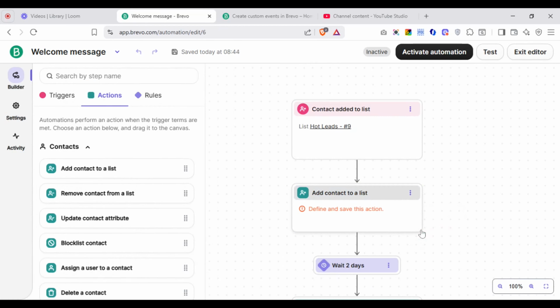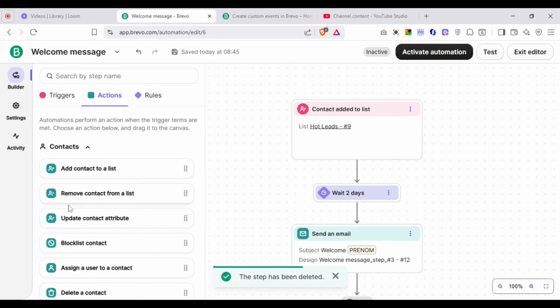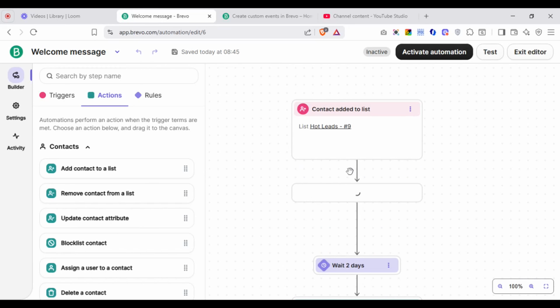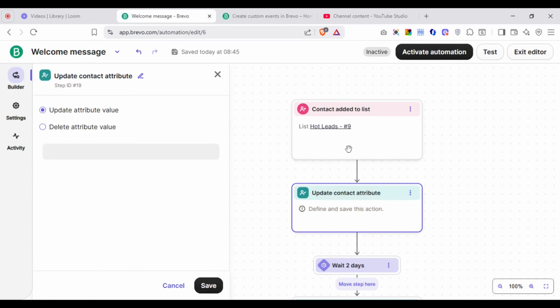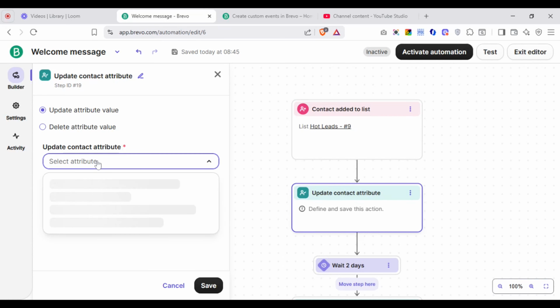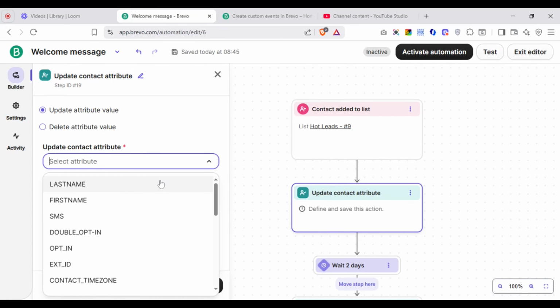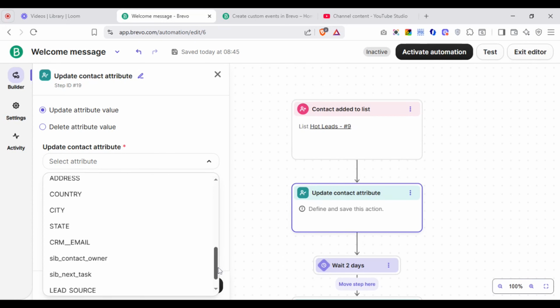So after they've been added to a list, you can add to a list, then you can also remove from a list. Then you can update a contact attribute. So let's say that if they're added to a particular list, we want to update the lead source. We can decide I want to update the lead source or delete the lead source, whichever one works for you. You can just pick the attributes you want to update. I am just going to pick lead source,